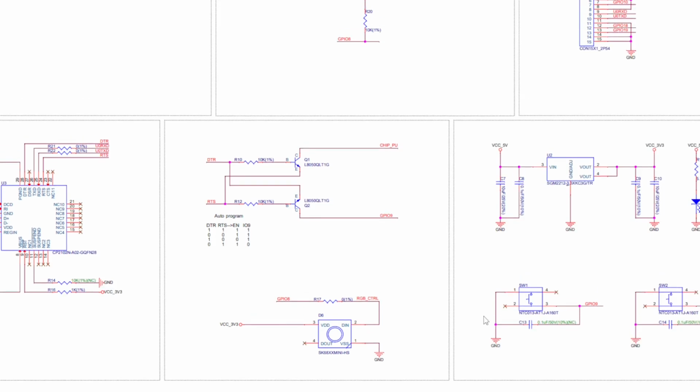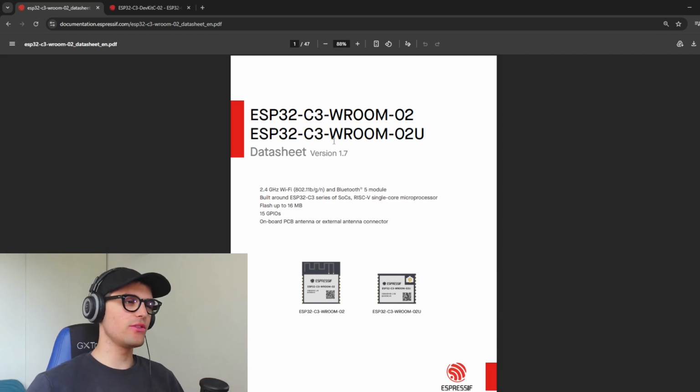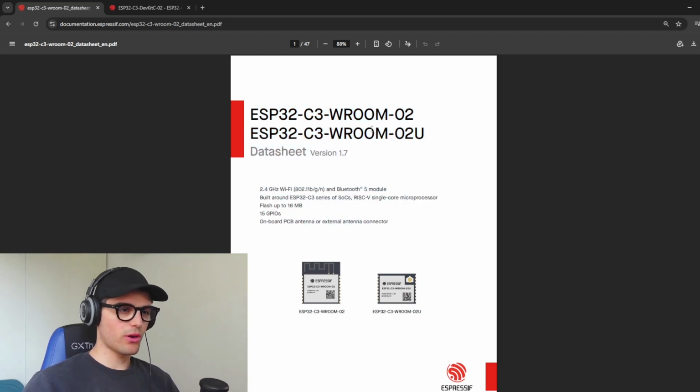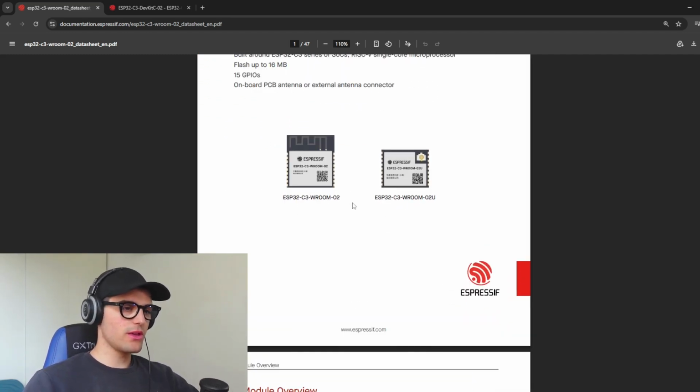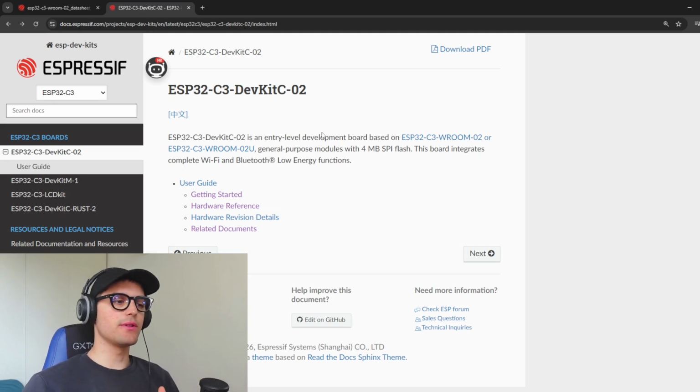For this video, I'll go through a practical example. I'm going to design a dev board for an ESP module. That means before going into KiCad, there are a couple of things that you should check out. The first one is the datasheet of the module that we are going to use. We're going to use this one right here, the ESP32-C3 room module with the built-in antenna,